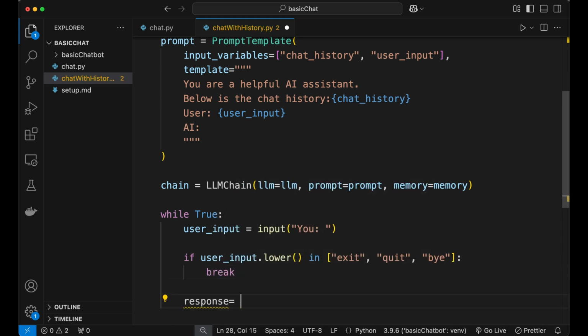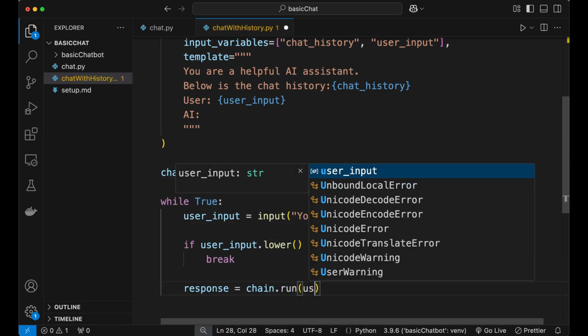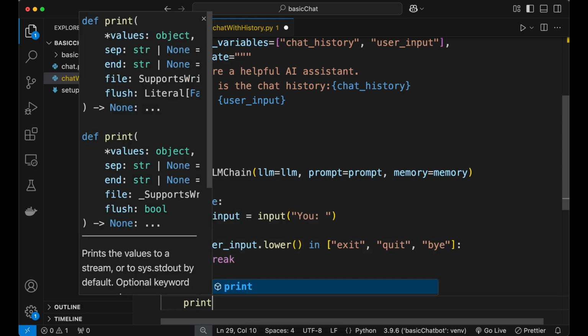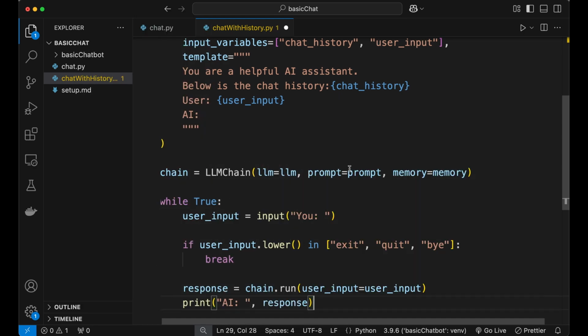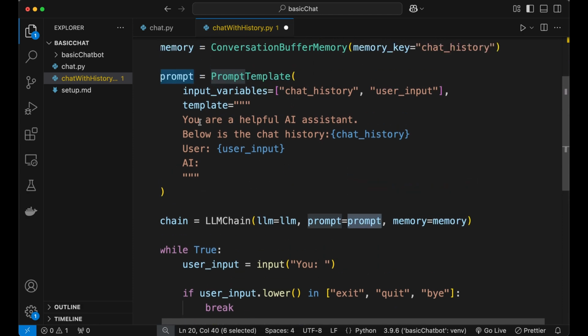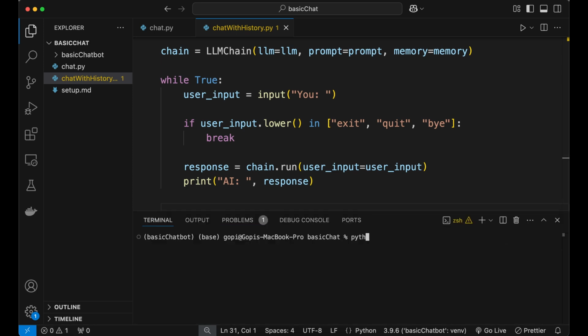Now we'll run this chain. Here we have a chain object, so chain.run along with the user input. Now we print the AI response as the response. The prompt template will take care of maintaining the history for that user, so we don't need to do it manually. So just execute this Python chat